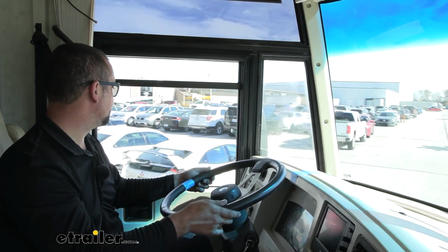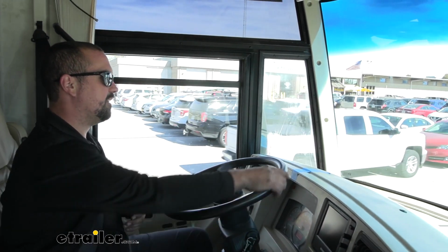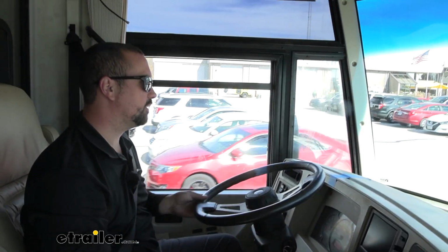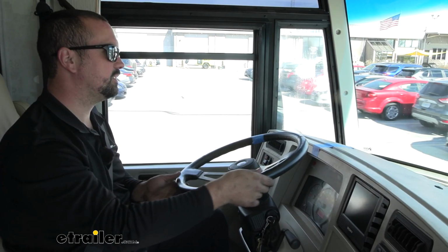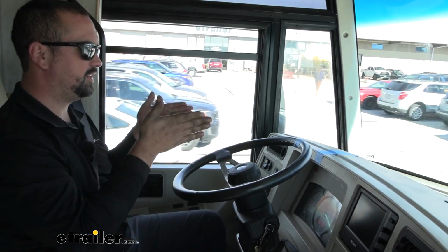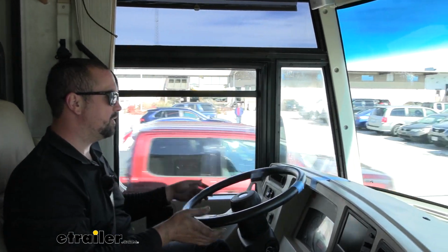And already there is a little bit more steering feel, just a little bit more response, and that definitely comes back way faster. And I am here on a straightaway, so let's get me right in the center groove here. So our steering is nice and even, it's not pulling. So that means we've adjusted